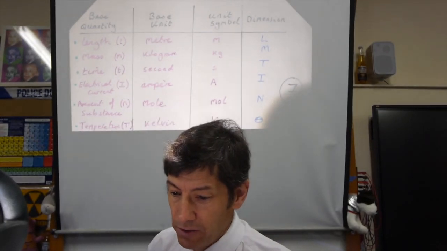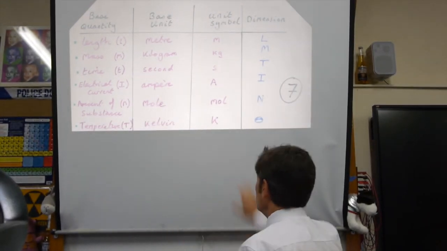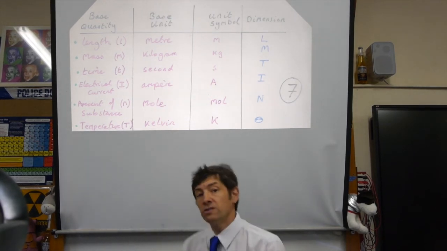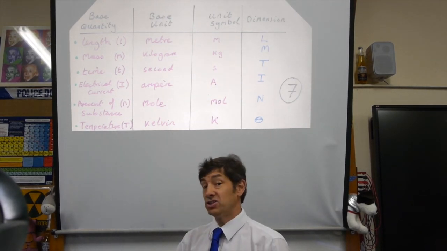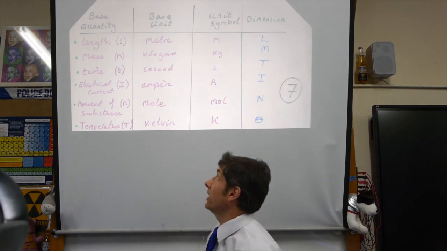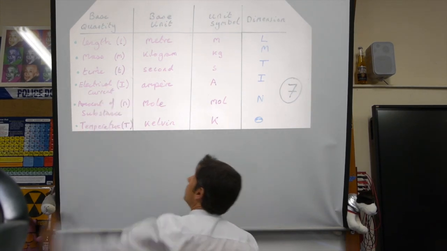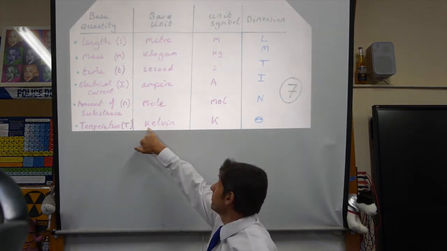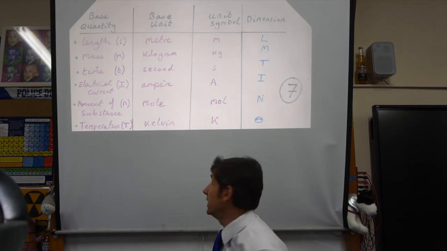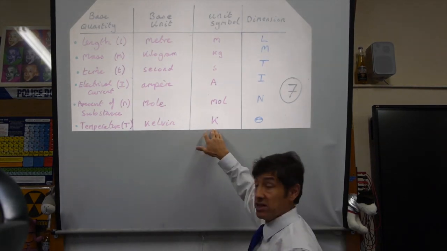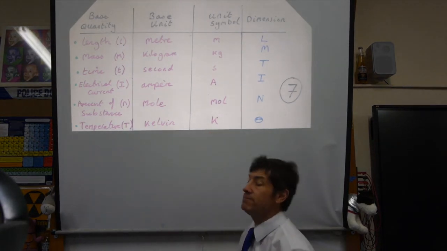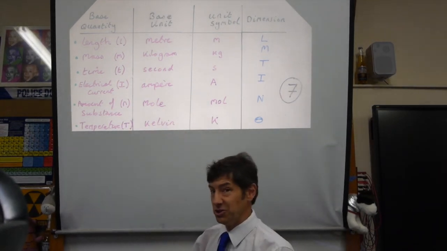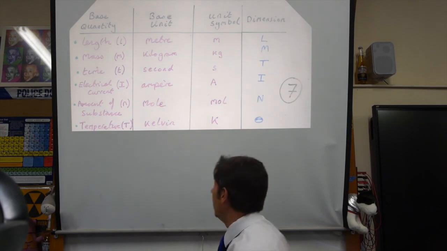Temperature, okay. This is one we'll deal with much later on at A-level, and it's really important. You can't measure temperature in terms of other things, so it's a base quantity. The unit is the kelvin, small k, because it's the name of the unit. The unit symbol is the kelvin, capital K. Okay, so it's not degrees C and it's not Fahrenheit, and there's a good reason for that. I'll give you a good